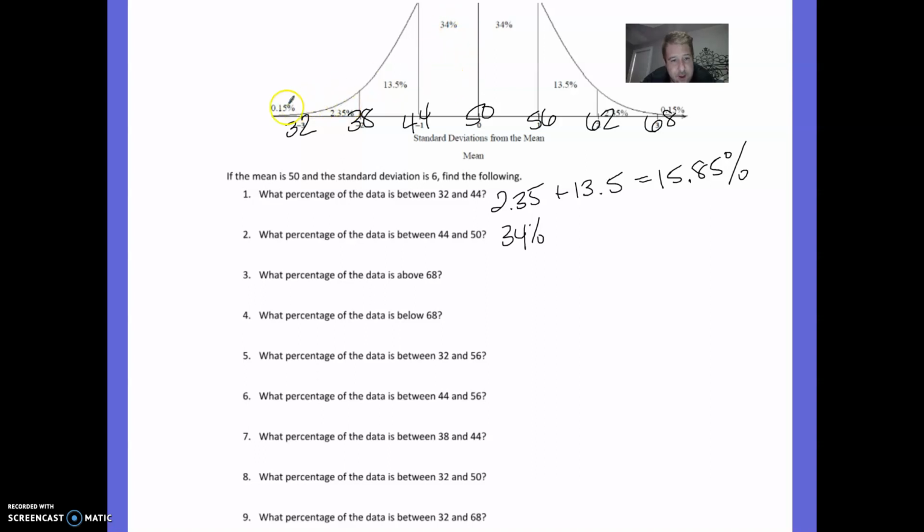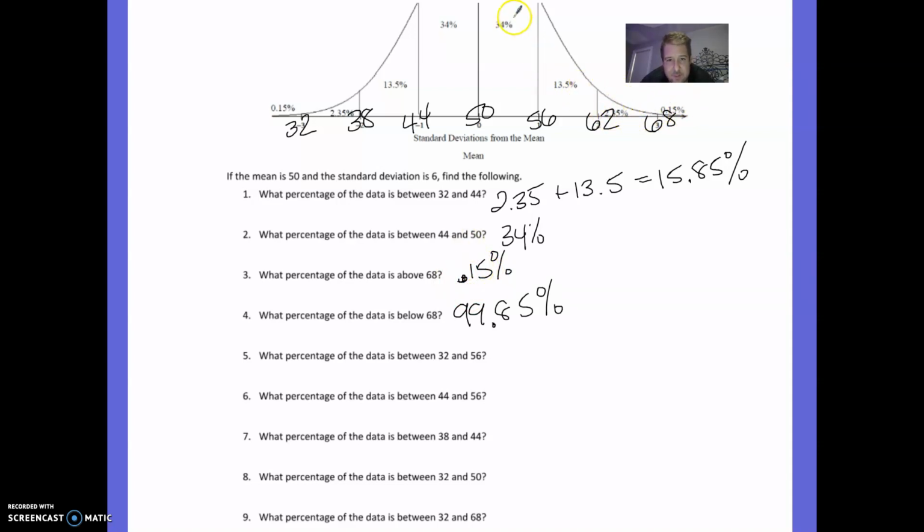Remember, there's 8 different categories. 1, 2, 3, 4, 5, 6, 7, 8. And then you're just going to add up several categories if there's more than one category in the same spot. What percentage of data is above 68? So that would be only 0.15%. What percentage of the data is below 68? So that would be everybody else, which is 99.85%. So the way I did that is I just subtracted 100% minus the 0.15%,